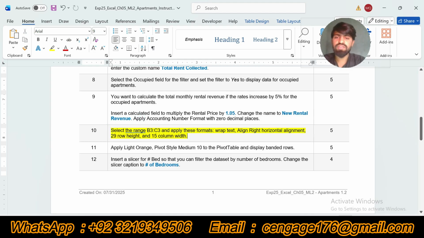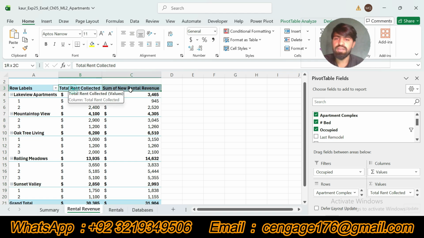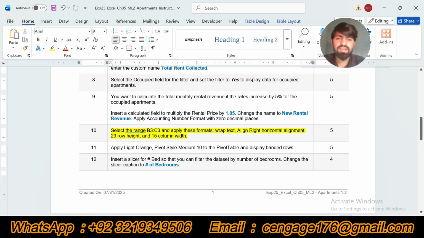Our step number 10 is select the range B3 to C3 and apply these formats: wrap text, align right horizontal alignment, 29 row height, and 15 column width. We are supposed to select the range B3 to C3. First go to Excel workbook and then select the range B3 to C3, and then apply these formats: wrap text, align right horizontal alignment,